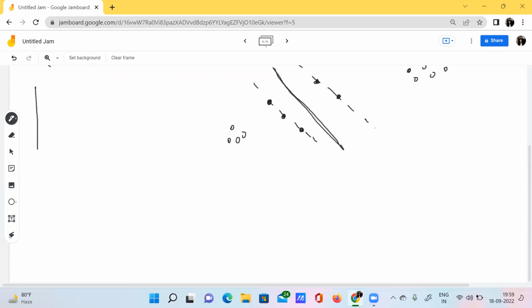For example, if I have a situation like this, it has my three-dimensional space here, and let's say I have some kind of data points here.